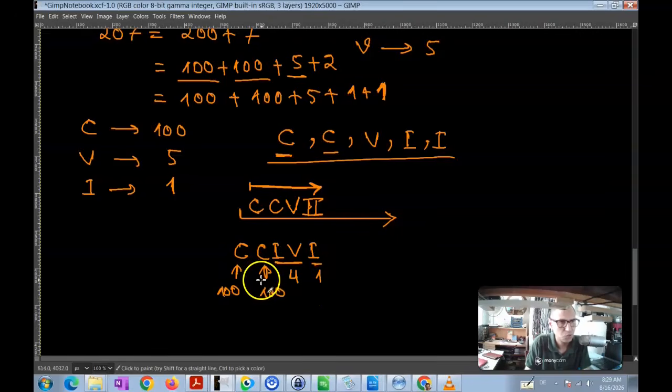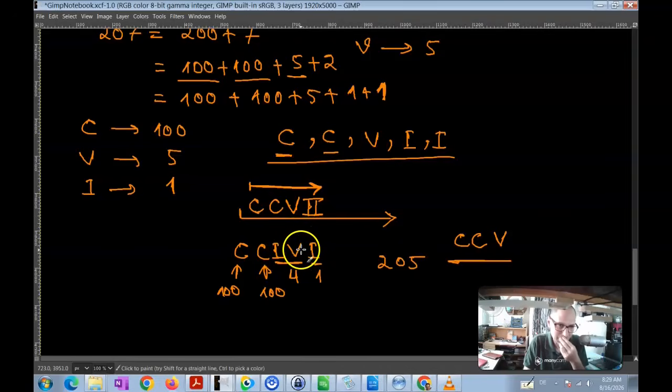But then the number becomes 205, which of course I could have written as 100 and 100 and 5. I could have written it this way. But you're not supposed to write something on the left-hand side of something else which has a larger value, otherwise, if you did so, the value of that smaller value symbol is going to be subtracted. Okay,